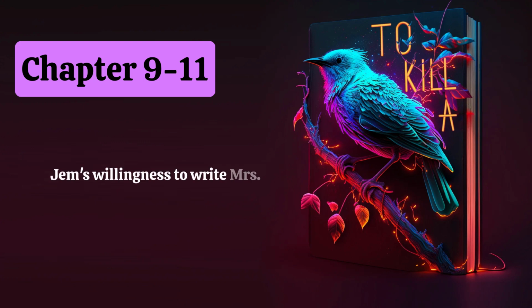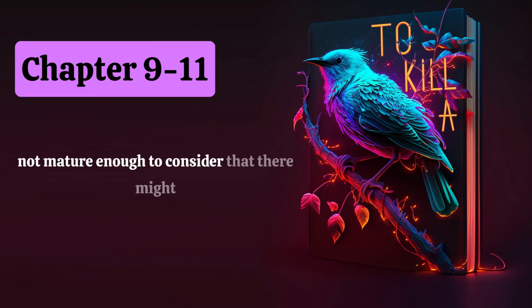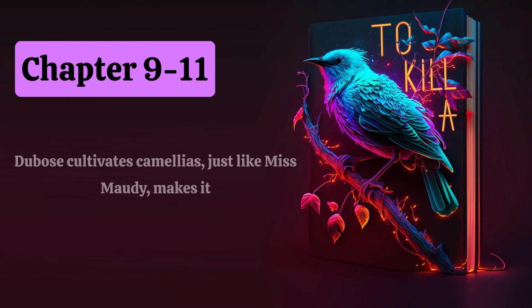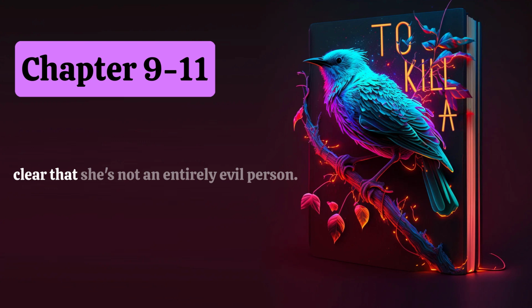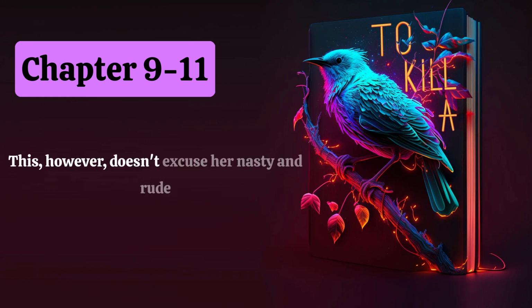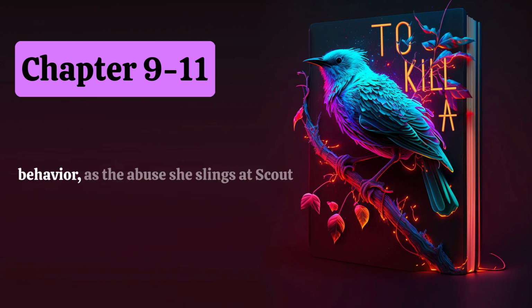Jem's willingness to write Mrs. Dubose off comes from his youth, as he's not mature enough to consider that there might be an underlying reason for her behavior. That Mrs. Dubose cultivates camellias, just like Miss Maudie, makes it clear that she's not an entirely evil person. Like the delightful and kind Miss Maudie, she takes pleasure in the natural world and wants to make it beautiful. This, however, doesn't excuse her nasty and rude behavior, as the abuse she slings at Scout and Jem here